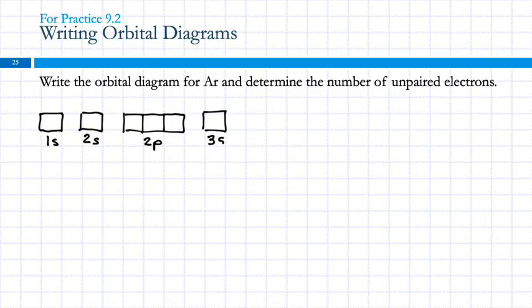We've got 3s and 3p. And everything's nice and orderly to that point. So I can tell that I've got enough rooms there. How many electrons does argon have? 18 electrons, because it's element number 18. So write the orbital diagram. We're going to fill these in,